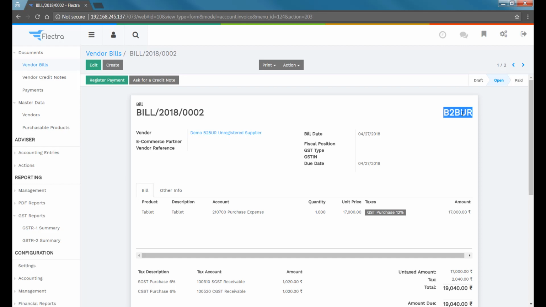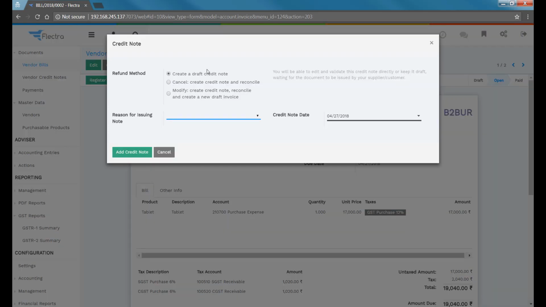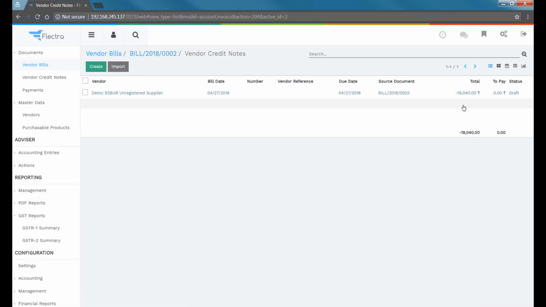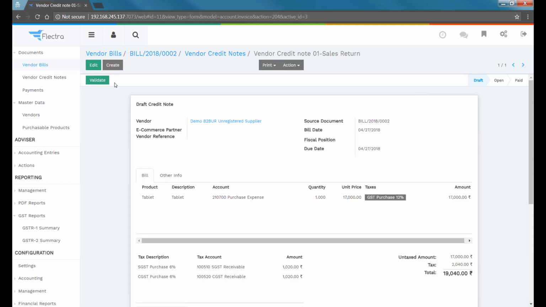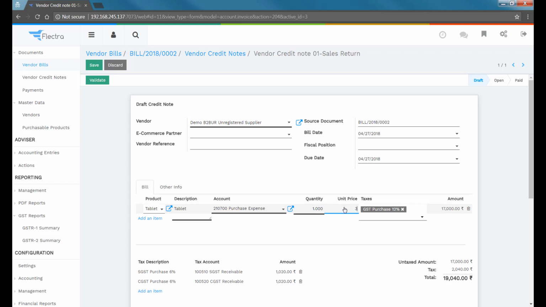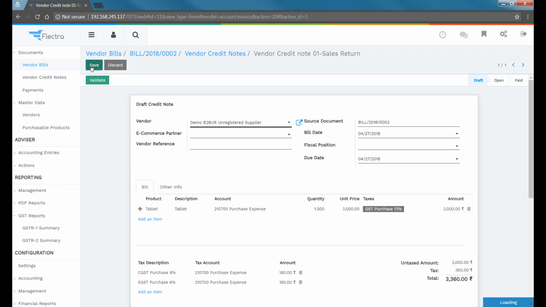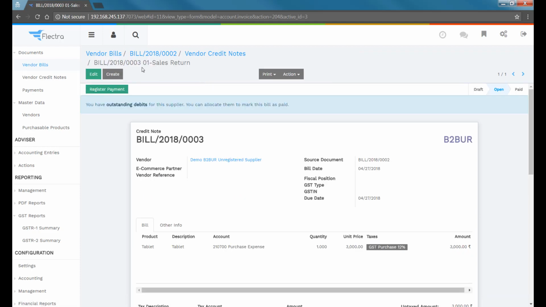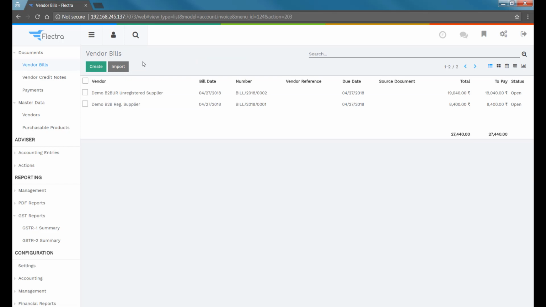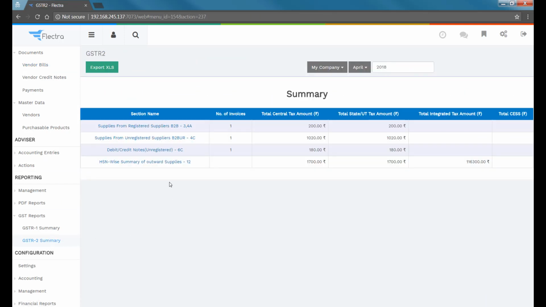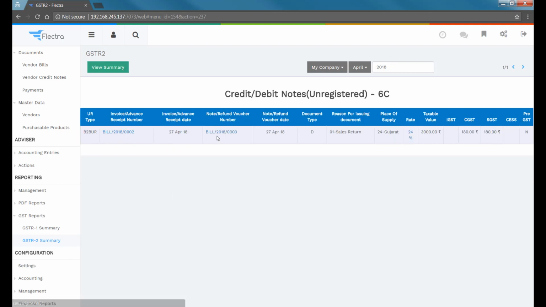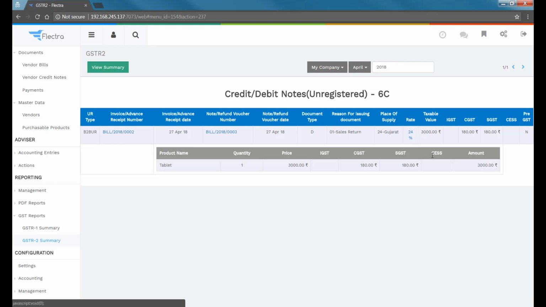So I'm just going to create a credit note for my B2B unregistered supply or invoice. Then add a credit note and add the reason why you are creating this credit note. I'm just going to add a credit note. Again, edit the drafted credit note and change the value, whichever is the value for that credit note. Save it and validate. The same thing I'm going to do with the transaction that I have created for the business to business, but over here you can see in GSTR summary I have got this credit note details for unregistered business as well. If I click on the tax, I can see all the details of the credit note values and the tax